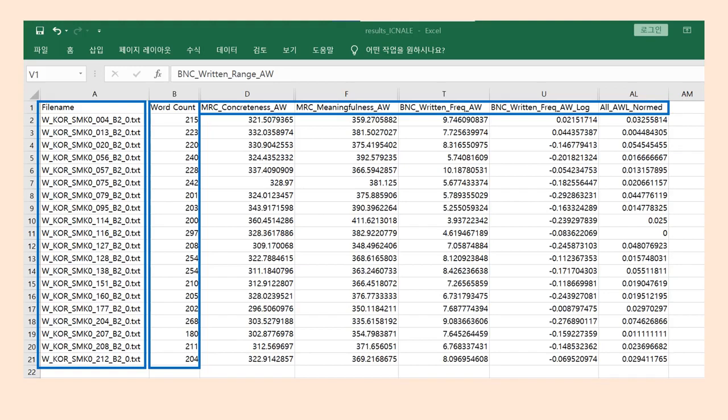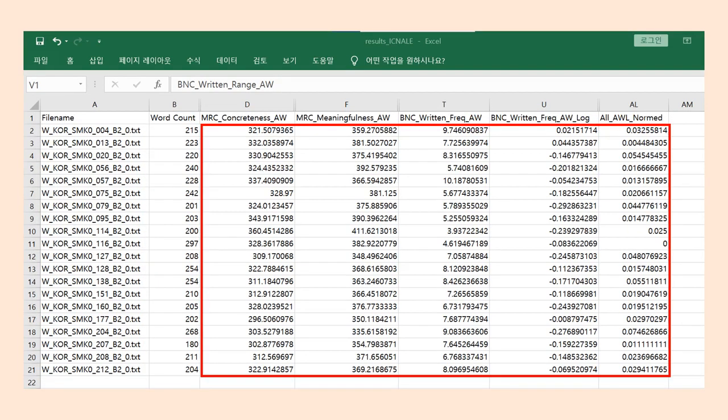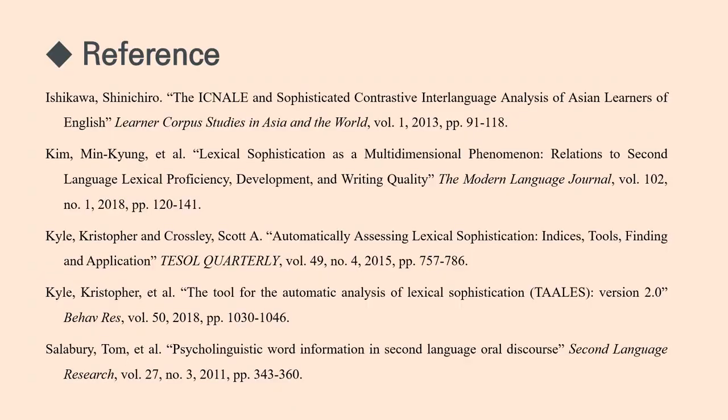You can see the name of each text file, word count, and the name of each index for lexical sophistication. And you can see the numbers for each text. These numbers mean the scores of lexical sophistication for each index. By calculating mean and standard deviation and conducting statistical analysis, you can compare lexical sophistication between paragraphs or texts in various dimensions. I hope today's video will